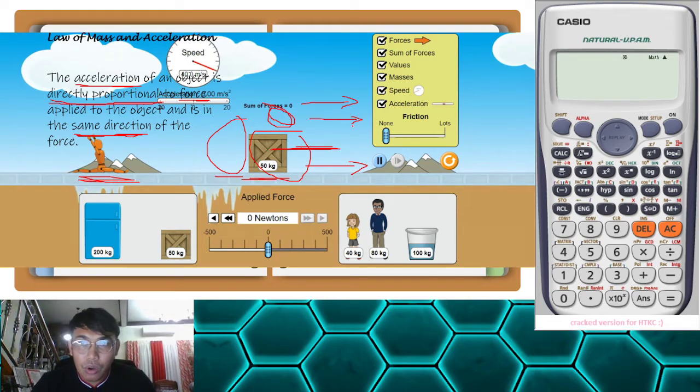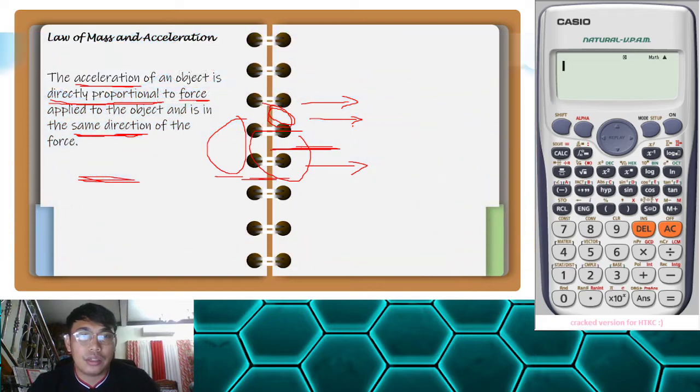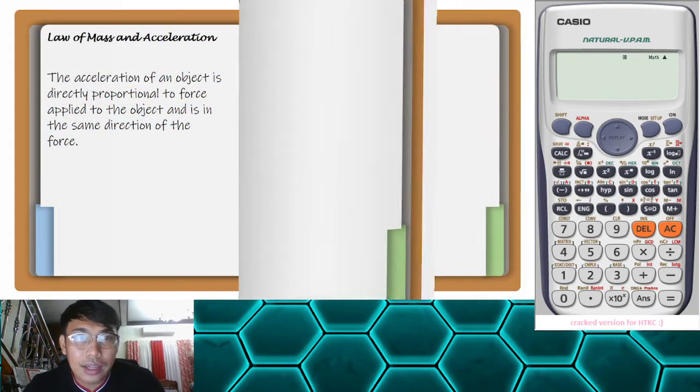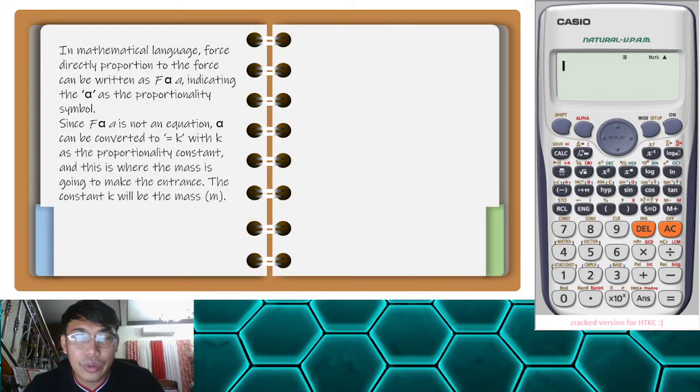So, we're just going too fast. So, this is just easy, guys. This is just a recap. Okay, so there you go for our law of mass and acceleration. So we have here a formula, a mathematical formula, which